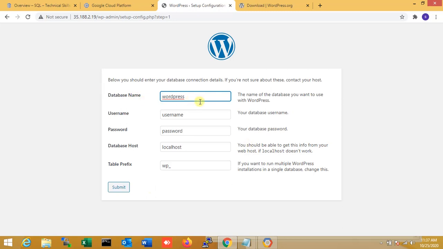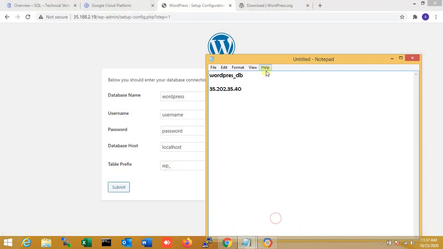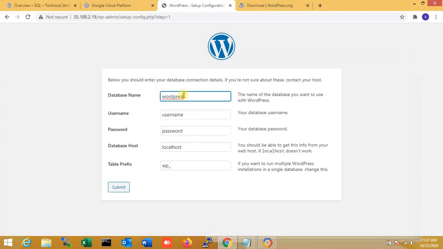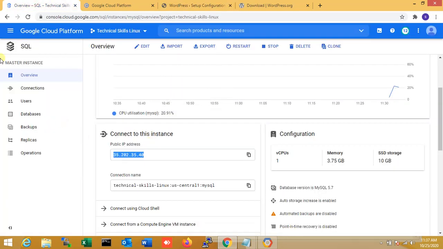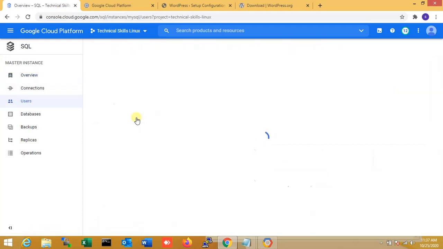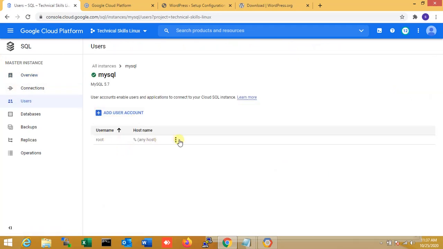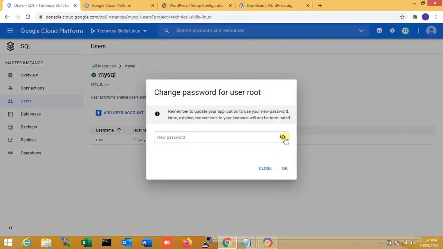So here you can see database name. So I have that in my cloud instance. Okay, I'm just copying my database name, and username is set to default, root. Okay, password, I know that, 1 2 3 4 5 6 5. If you forget your SQL password, then you go to your SQL instance, and here you change the password. So once again I set the new password. So password is that, 1 2 3 4 5 6. Okay, so that is my password.